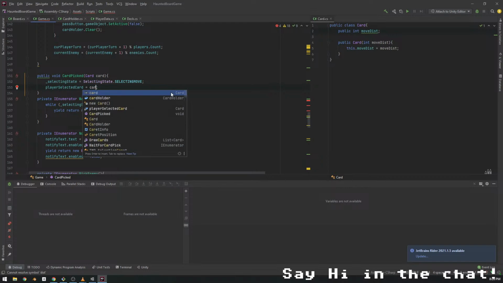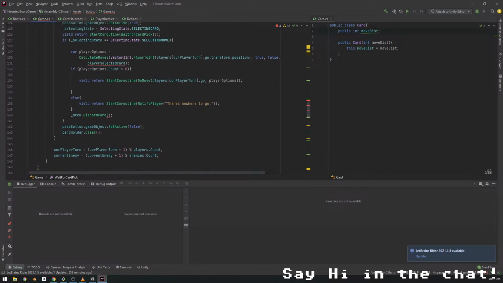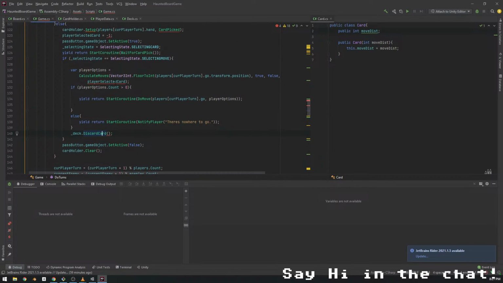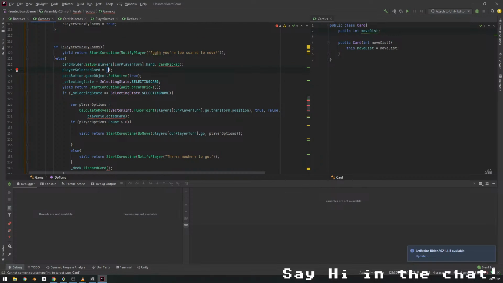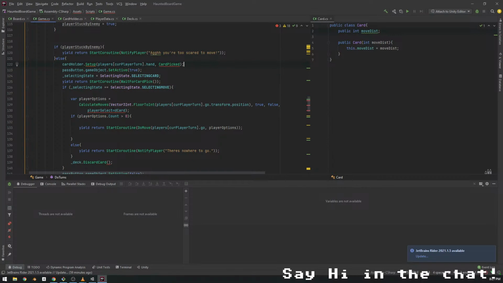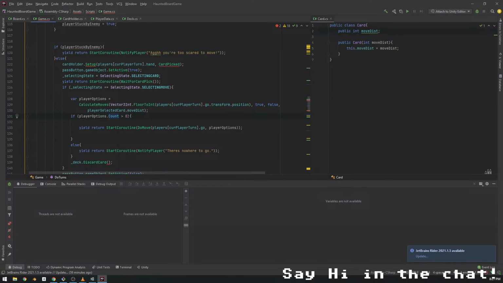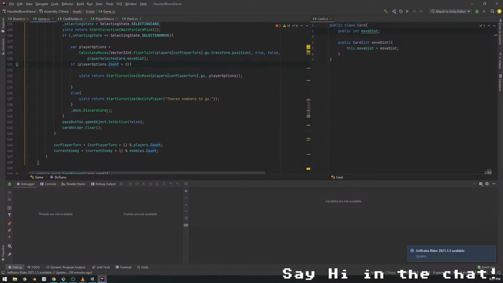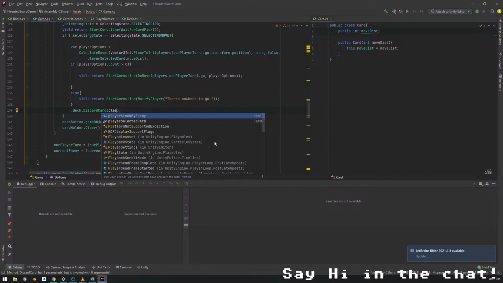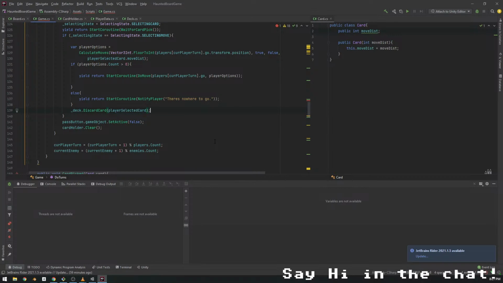Player selected card equals card. Now, this doesn't need to be instantiated. Player selected card dot move distance, right? Because we only have move cards. And then here we do discard player selected card,